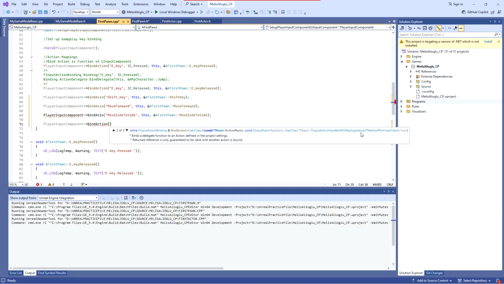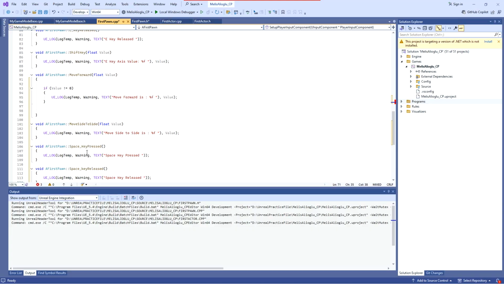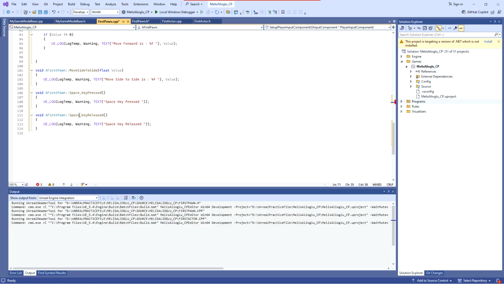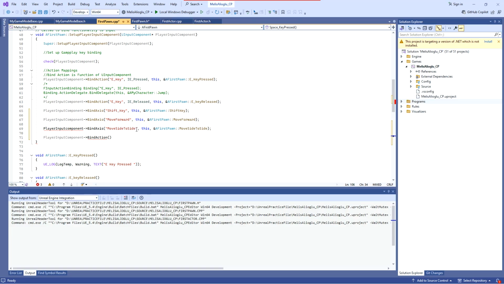We will use the address same as here. So let me grab the space key press it. Oh, sorry, here we need to